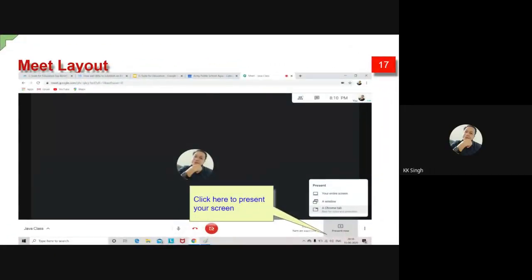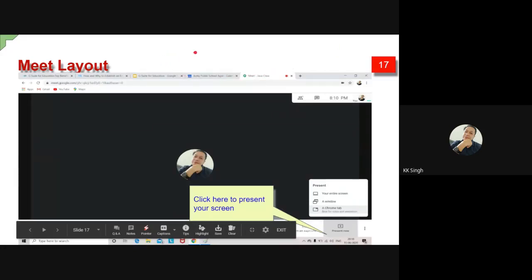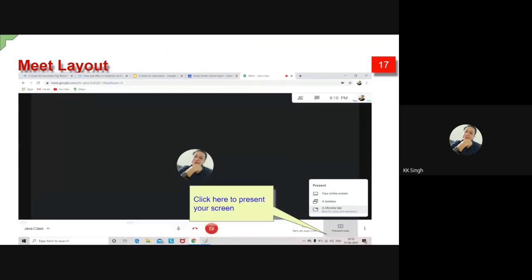Over here, we have three modes of sharing the screen. One is the entire screen. Second is the window. And third is the Chrome tab. Over here, I am using the Chrome tab because I have around 8 tabs open in my browser, but out of 8 tabs, I am using one, G Suite for Education.